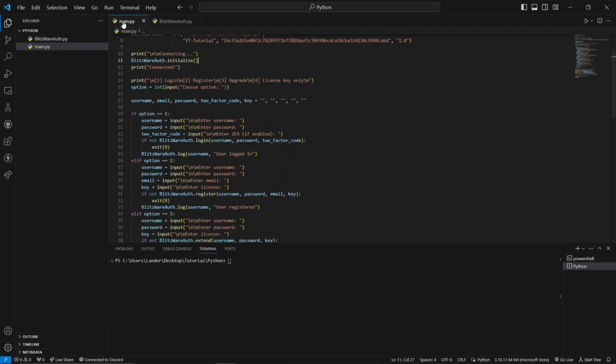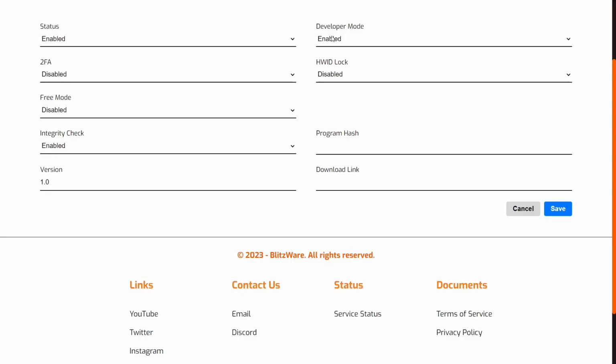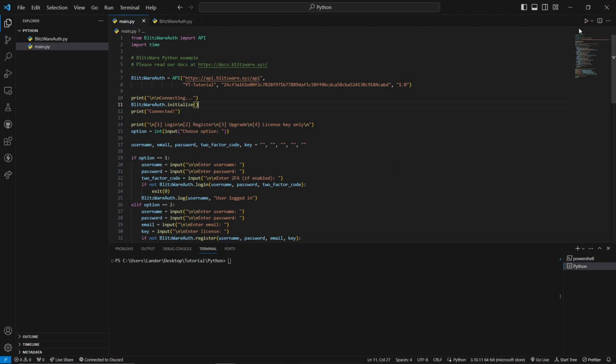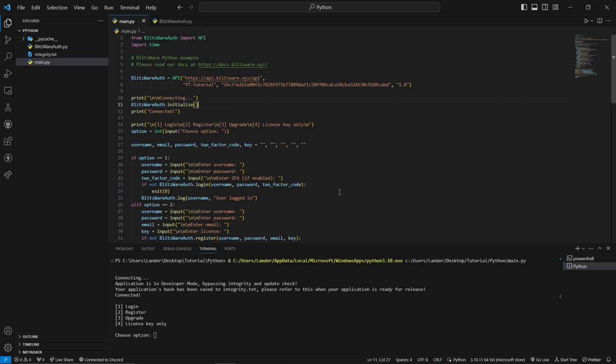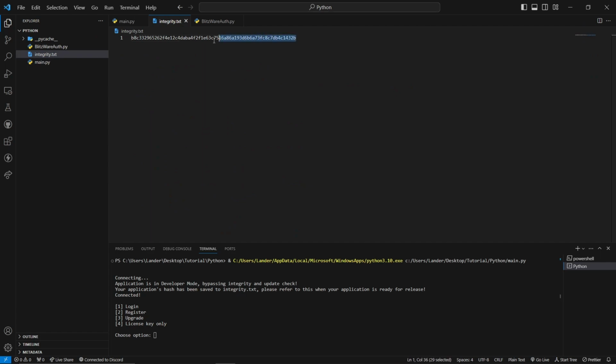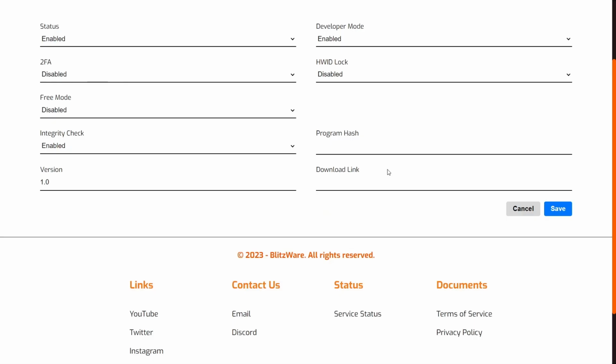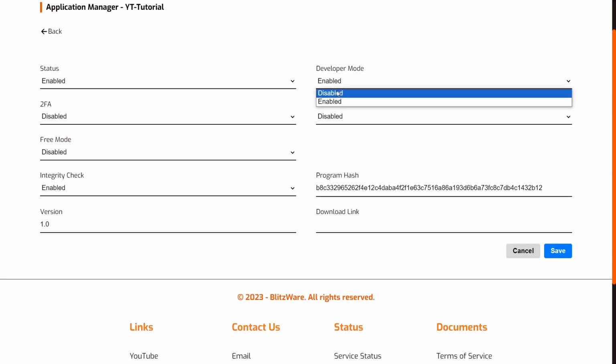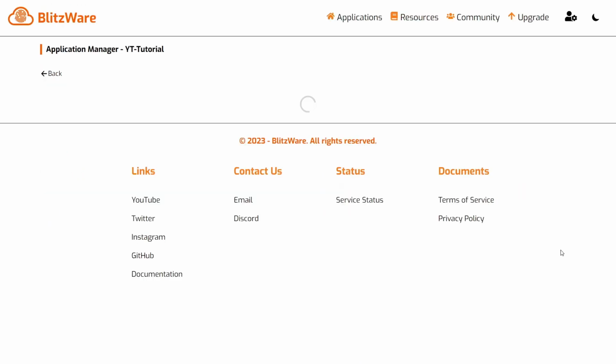So let me demonstrate this for you. First of all, I will be with developer mode on, so we can get the program hash. There you go, application is in developer mode, bypassing the integrity check and the update, and the hash has been saved in the text file right here. Okay, so that's that. Let's copy this, but let's not paste the exact value. Let's paste this and add one or two more numbers, like 1, 2, and then disable developer mode. Then we save this and make sure this is enabled. We save this,